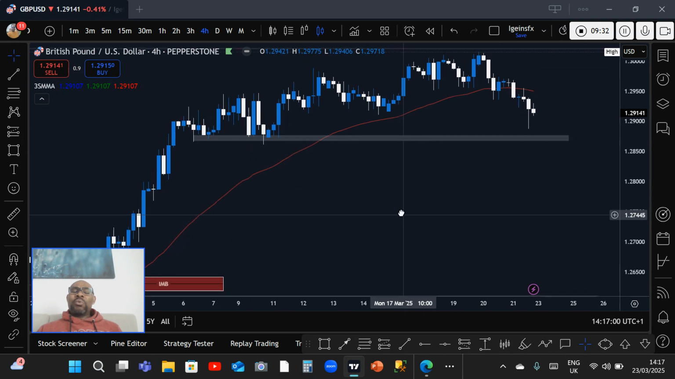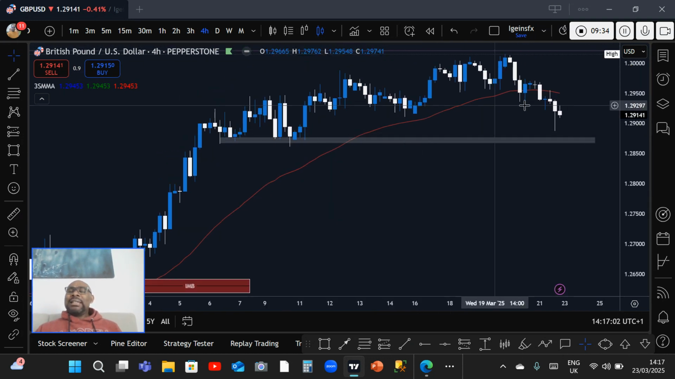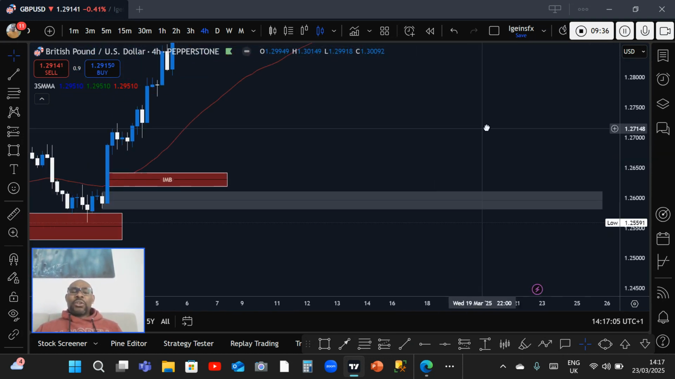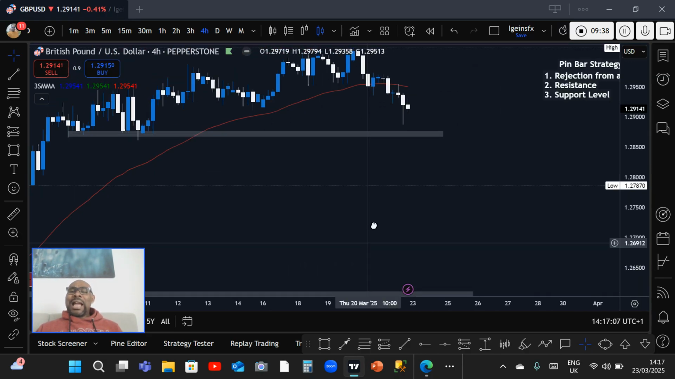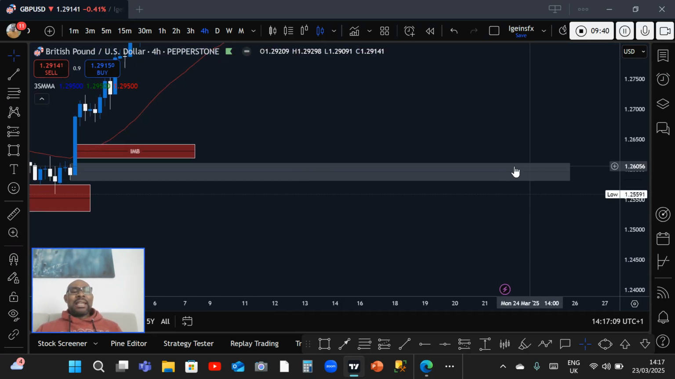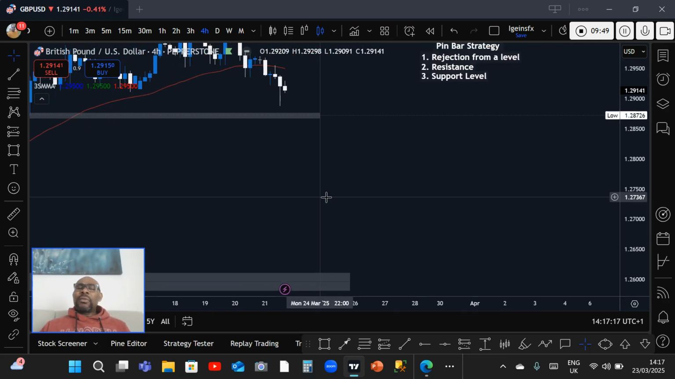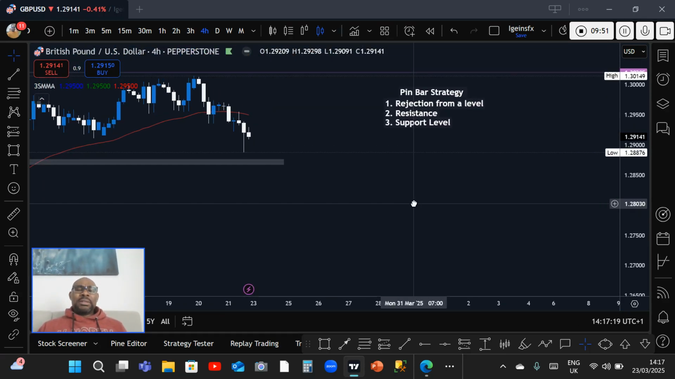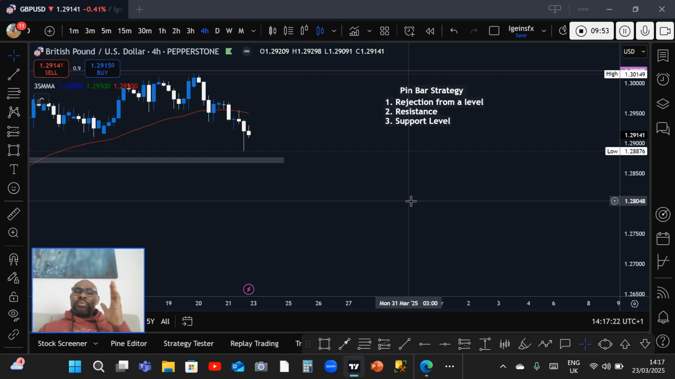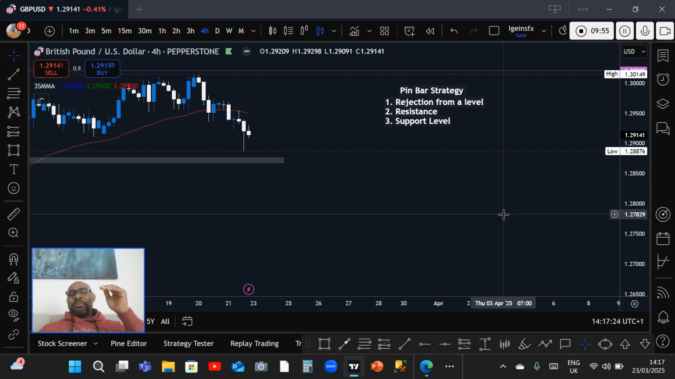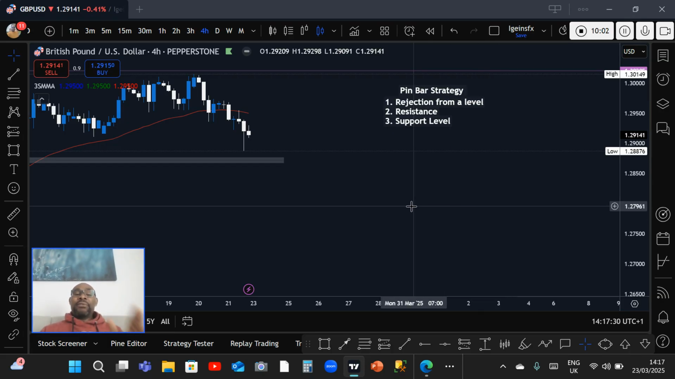So where is price now? Price is now here. In future, price will come and retest this same level. So, the one thing we should know is that for you to be able to trade a pin bar strategy very well,